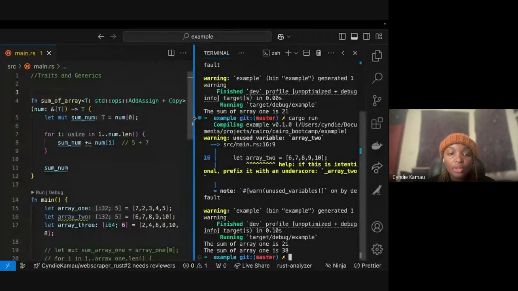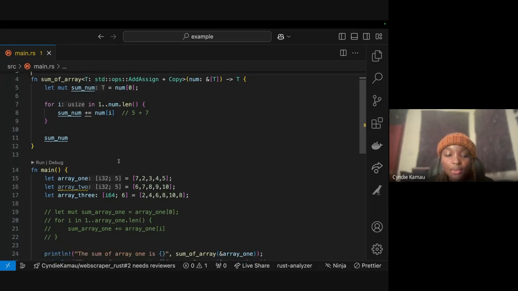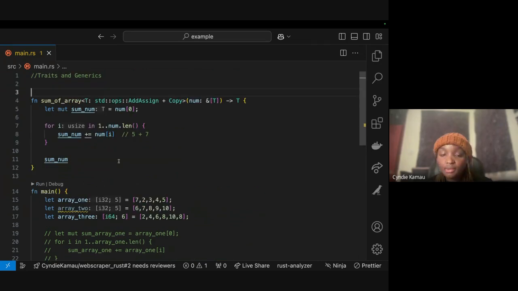The reason why we're going through traits and generics is because this helps in writing reusable code. Okay, so if you're working with a lot of things, if you're creating programs, you need to make it as productive as possible. So this here is what we call traits. And we have something else we call trait bounds.